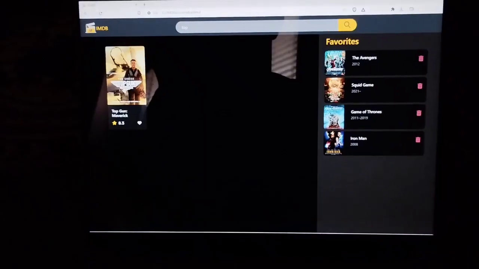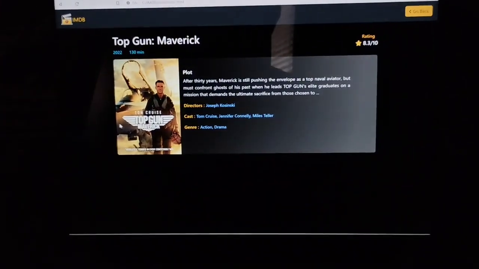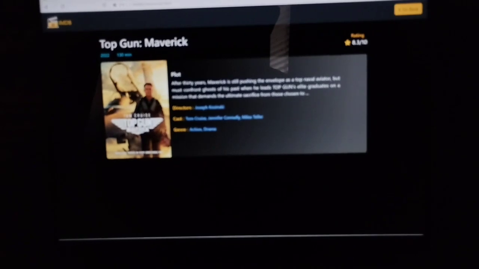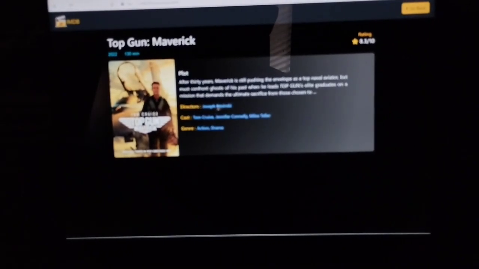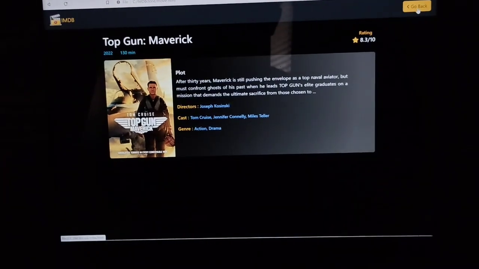Okay, let me click this movie. So in this movie card, it shows the movie information like its genre and cast. And if we go back,